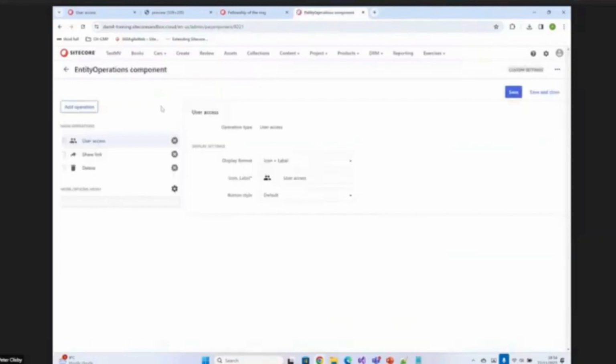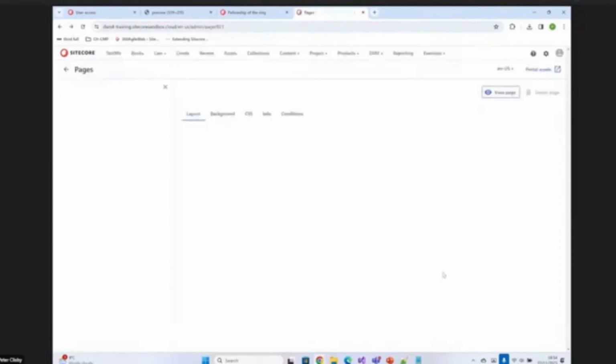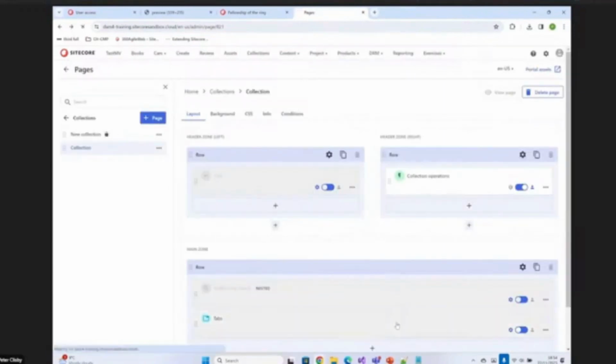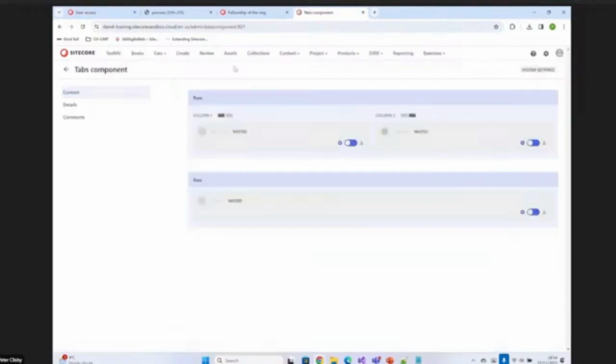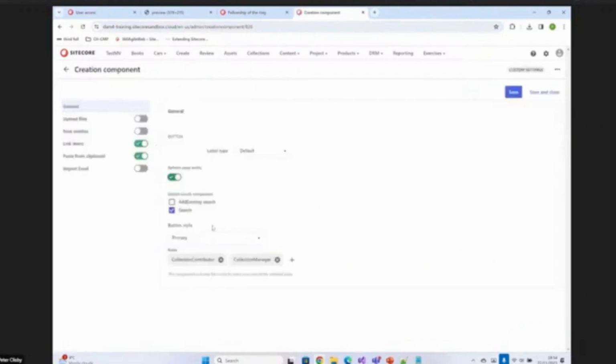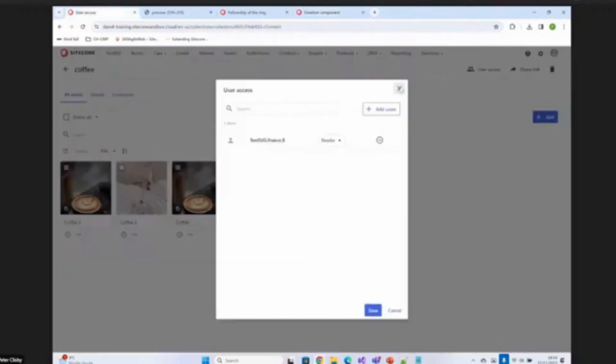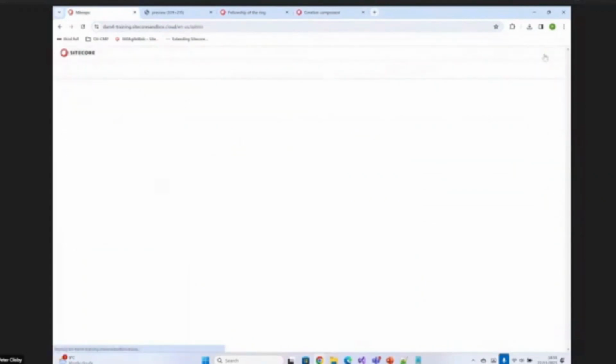And in fact, it is in the tabs component, I believe. Okay, this creation component. Okay, so you can see here where these roles here, if I remove collection contributor and I remove collection manager, then essentially it will start respecting the user group policies. So hopefully in a sort of very brief demo, it gives a bit of an oversight of how we're able